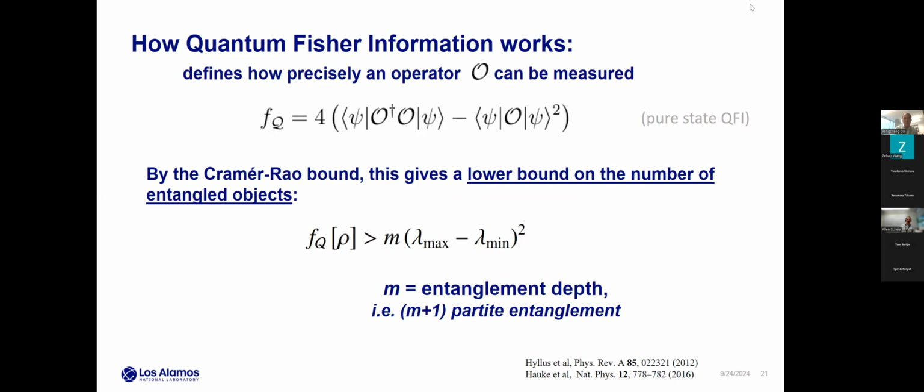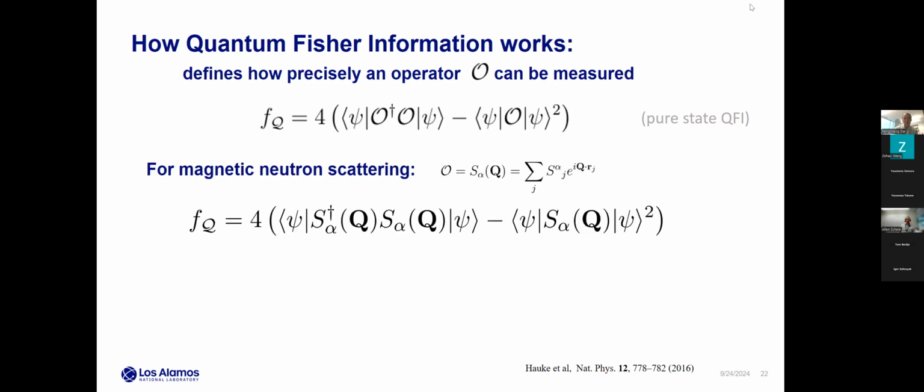And by the Cramér-Rao bound, this gives us a lower bound on the number of entangled objects, such that if your QFI is big, this requires many, many objects entangled together to produce such a signal. And we can be precise about this with the Cramér-Rao bound. Next slide, please. So the operator O that you insert into this equation can be anything, but for neutron scattering,